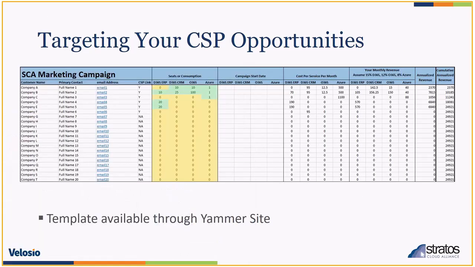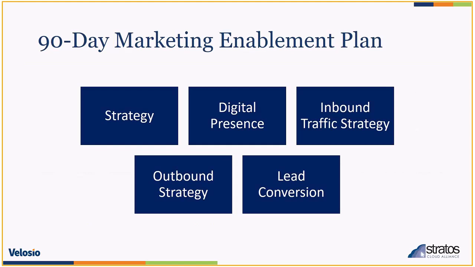All right, got a lot going on in this presentation. The next thing we're going to cover on the call is our 90-day marketing enablement plan. This is really important for you to take a look at your business. We've broken this out into 5 different categories, and then we break this down into 30, 60, and 90-day thresholds. This is an exercise that you should all complete.